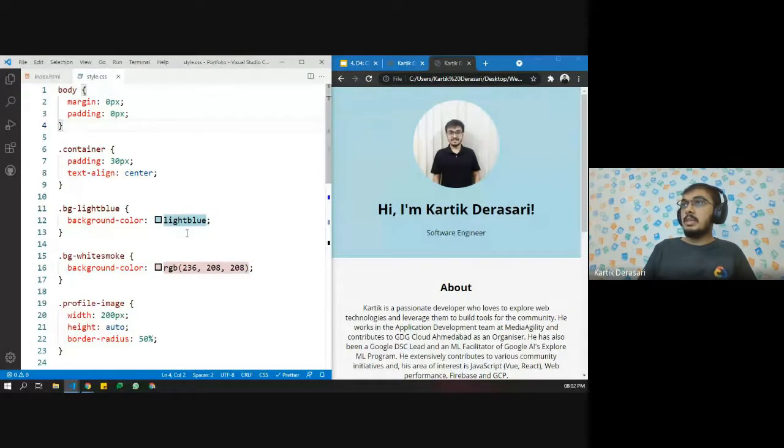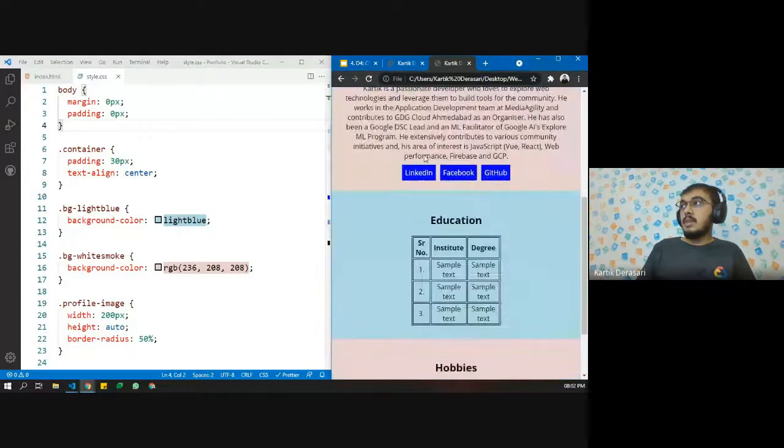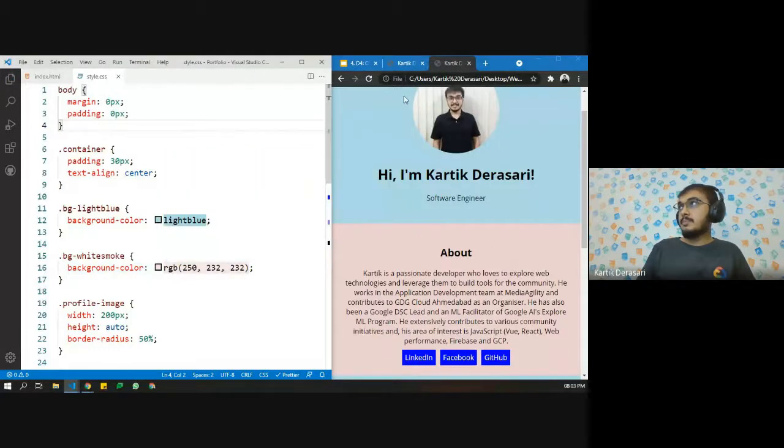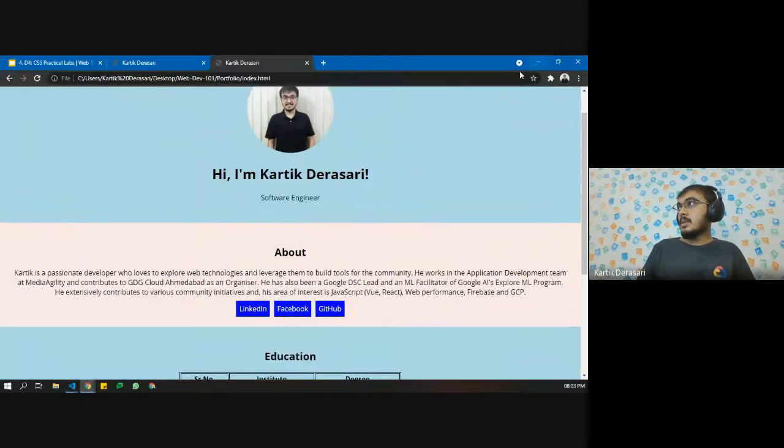Changing only one line of code will change different values inside the code. Let's take a little lighter color. Okay, now both these are pretty similar.